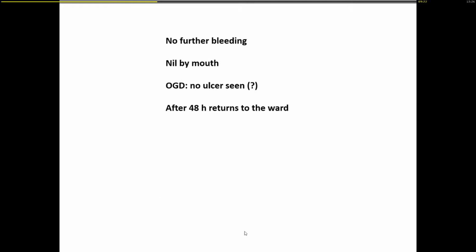So no further bleeding. She's kept nil by mouth, and the next day she has an esophagoscopy, but they say they didn't see any kind of ulceration in the esophagus, which seemed unexpected. But she's completely steady, no further bleeding. We feel comfortable that at least the aorta is sealed off. After 48 hours, she returns to the ward and